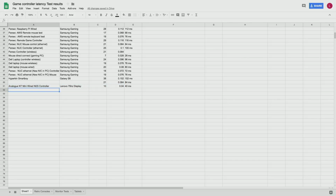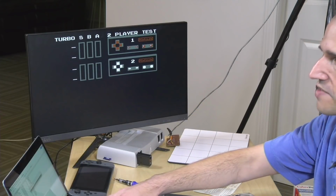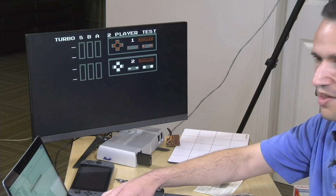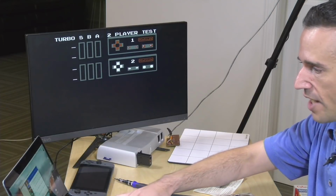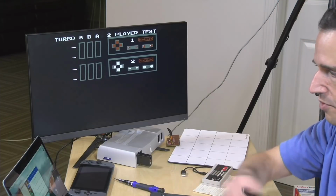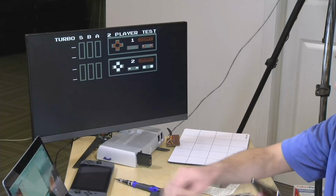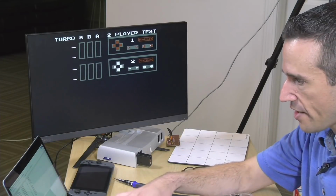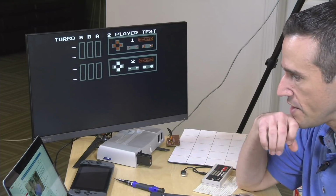I haven't done a lot of latency testing on this monitor yet, or at all, because I use the Samsung gaming monitor I have for everything. One of the things with latency is that the monitor introduces latency, so you have to really test everything on exactly the same thing every time you do it. So I'm going to load up Image Capture real quick and pull off that file we just did. I may have to unplug my phone and plug it back in again to get it to refresh on this. And I'll monitor chat here also. So usually I have somebody in here with me to